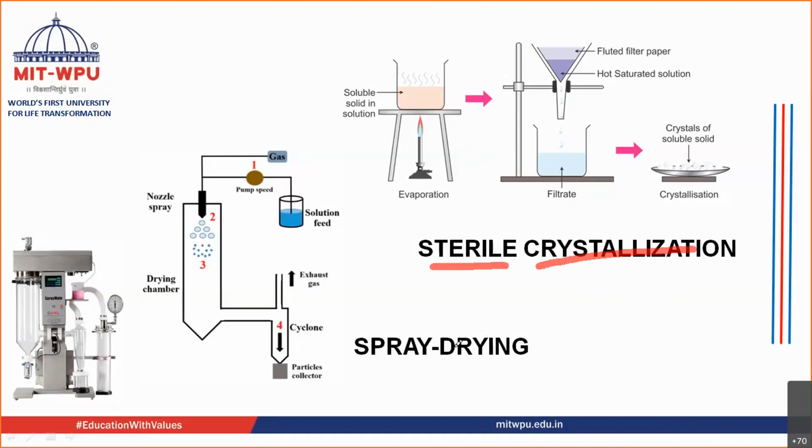So how do you carry out the crystallization? You take the ingredients and a solvent. Inside this solvent, you solubilize all your ingredients. Then you carry out filtration. You get the filtrate, and then this filtrate is further converted into crystals. Different methods, such as the seeding method, can be used in order to carry out this crystallization.